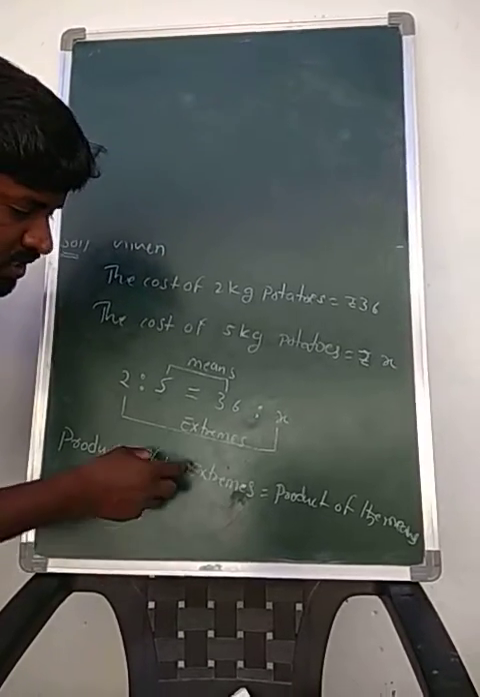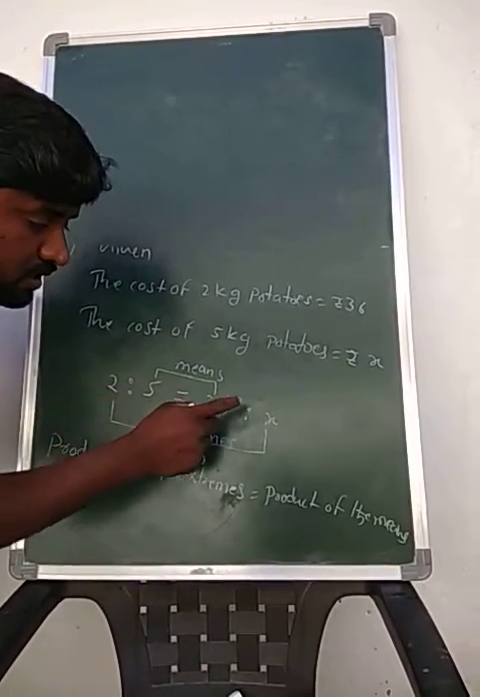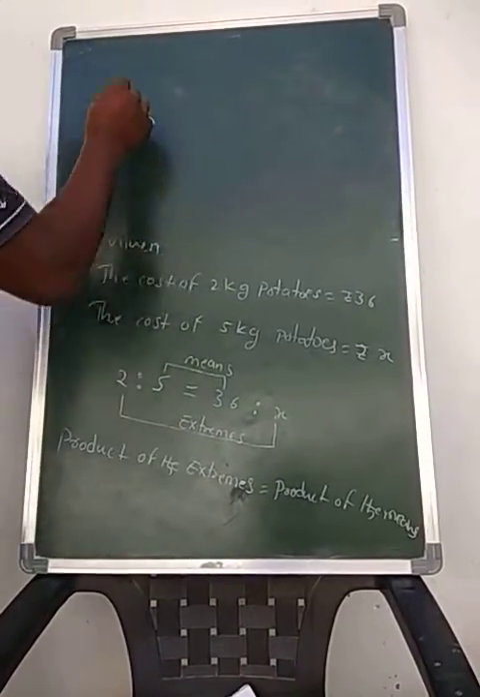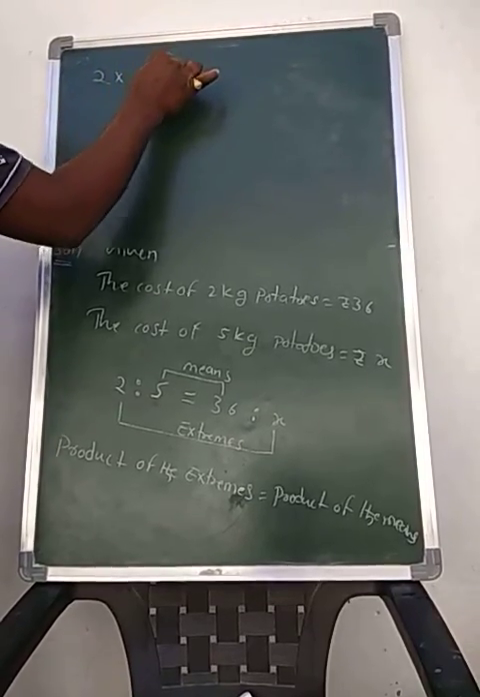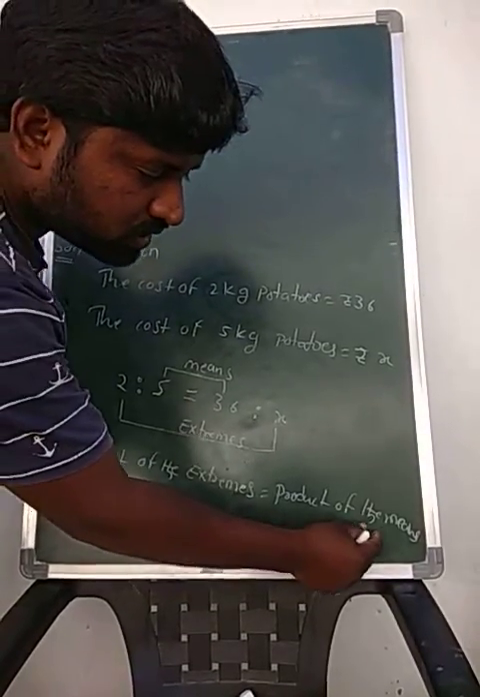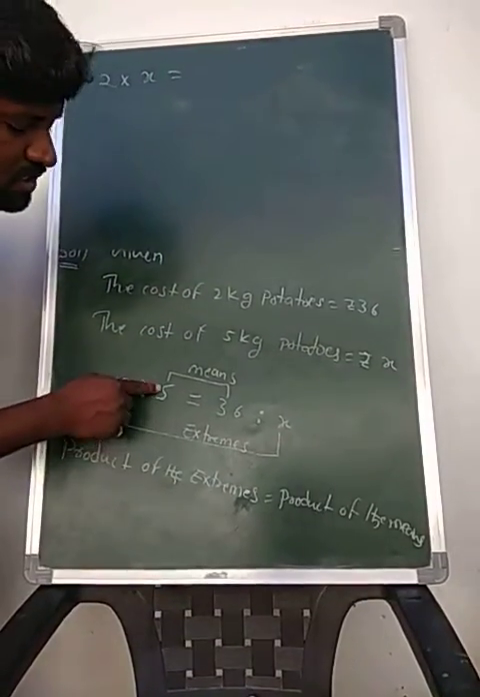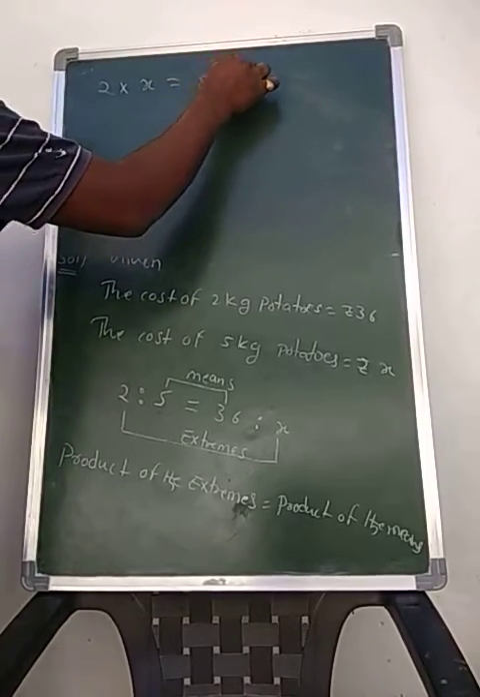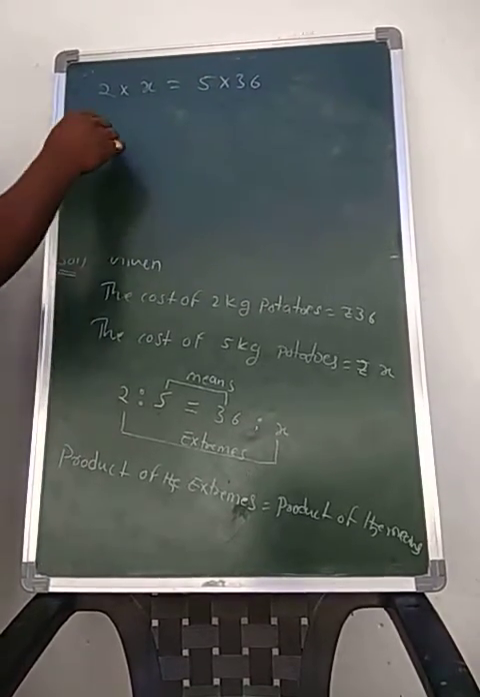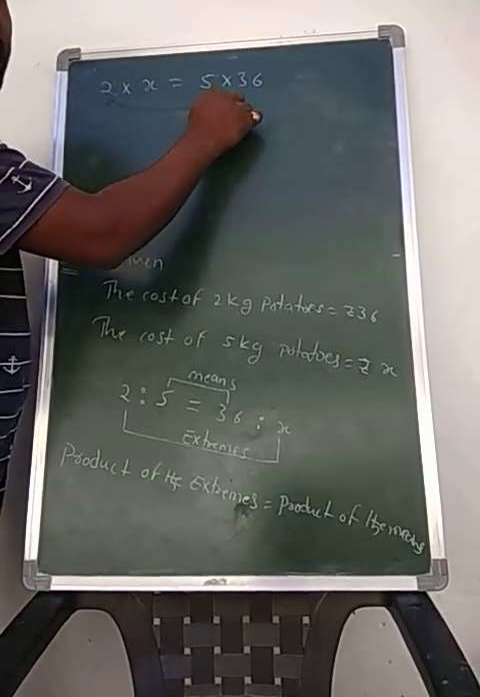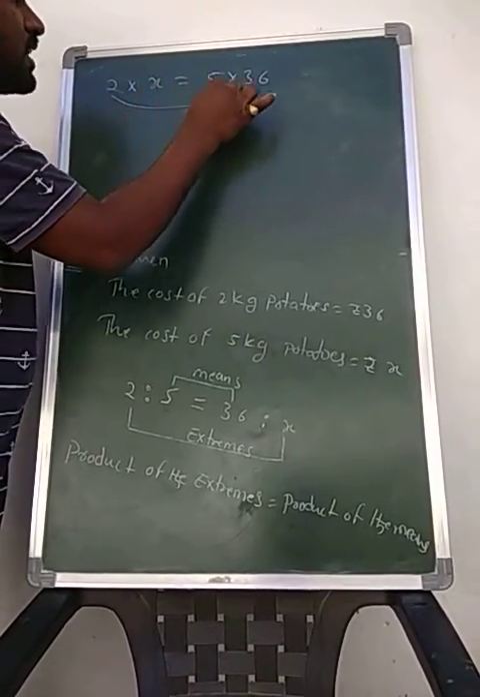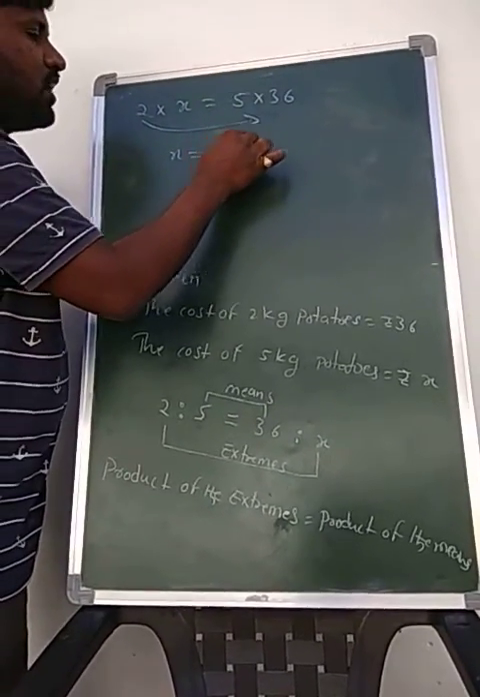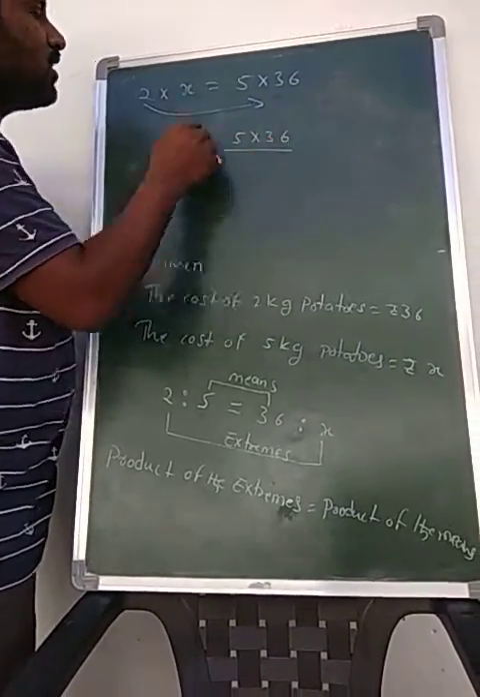Product of the extremes means first term, fourth term. Product is nothing but multiplication. So that is 2 into x is equal to, next, product of the means, second term, third term, that is 5 into 36. Now I am transposing 2 to the RHS side, then x is equal to 5 into 36 by